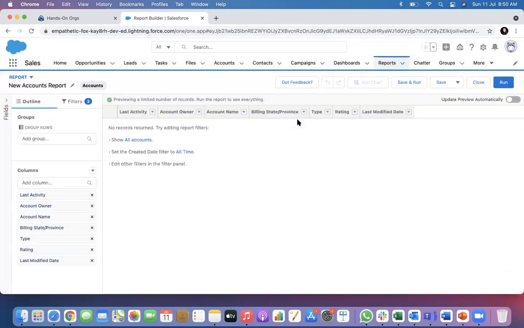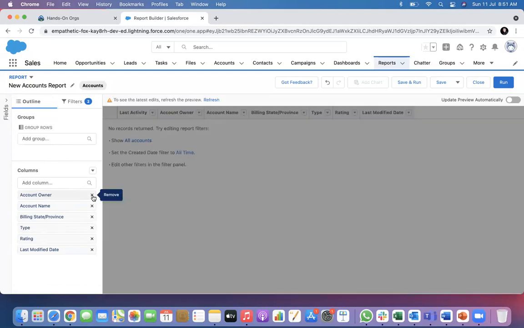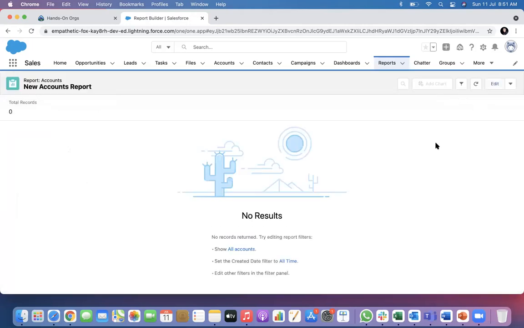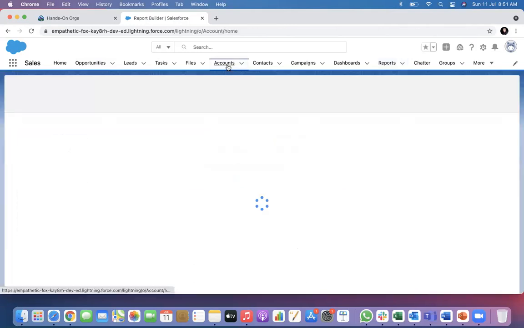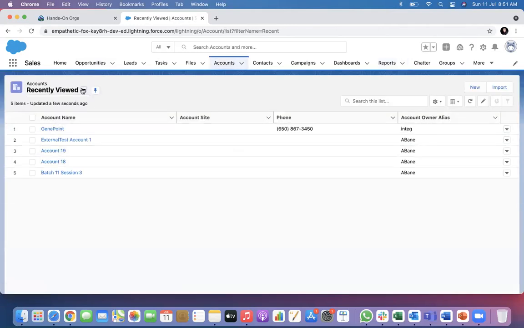This is the report type. By default, there are columns which you can see on the left, and you can go ahead and change them. Let's see, last activity is not needed. Maybe account owner is needed, billing rate, type and rating. I think that's fine. So if I run this report now,